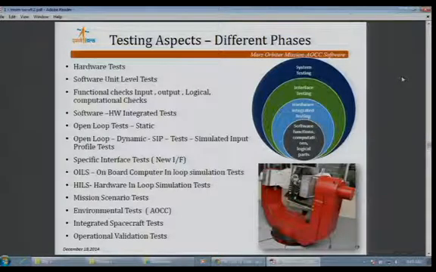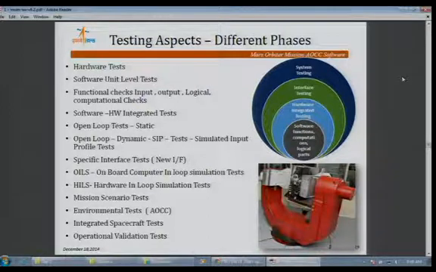From now, I'm just covering the testing and mission experiences, the testing aspects at different phases. The different phases of testing are hardware and software unit level function checks, and hardware software integrated tests. The major tests are the open loop tests of control systems like the static test, the static error versus the output. Another important test is the dynamic open loop test, that is, a simulated input profile. In this case, the simulated input is generated from another computer software and fed into the system. The output is not fed back to the system, so it's a dynamic open loop test. This is very important for our various FDIR logics and other logic tests.